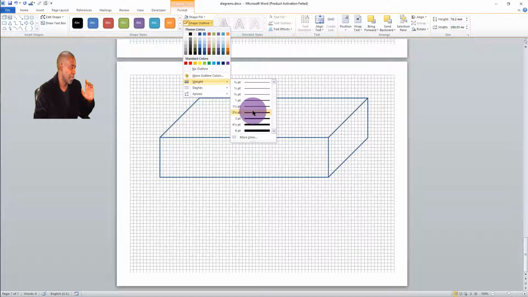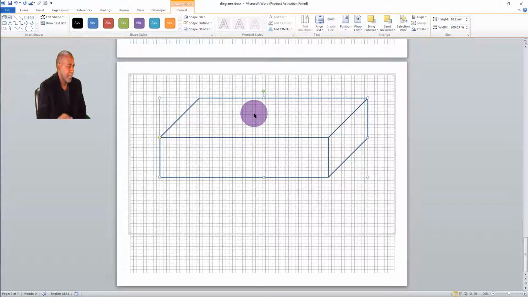So I'm going to just retain the lines to have that thickness, and I'm going to emphasize that point. But remember, when you're designing your own, use very thin lines. When you use very thin lines,